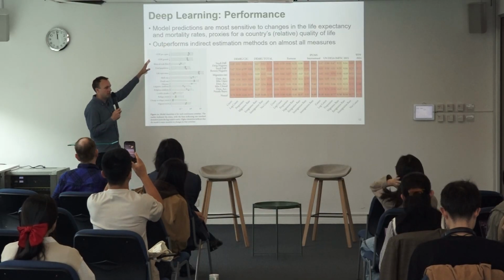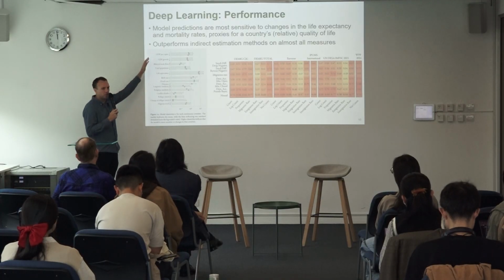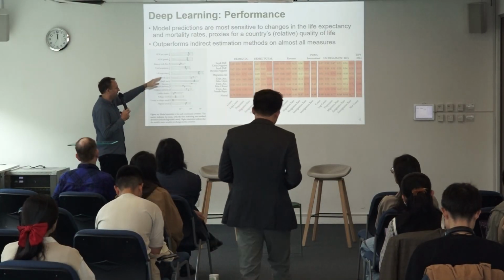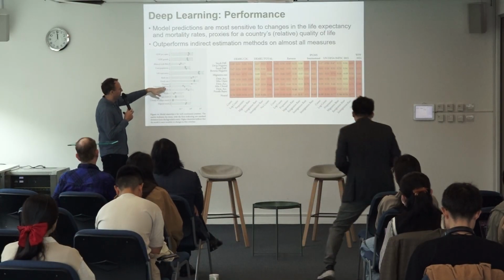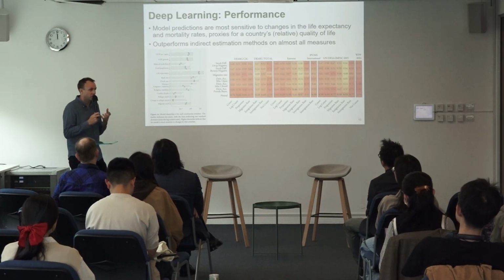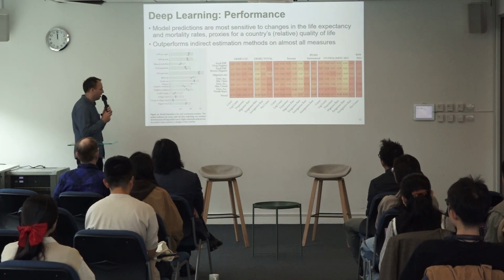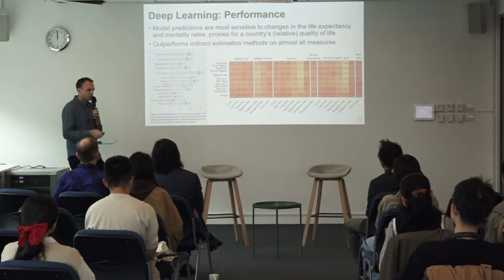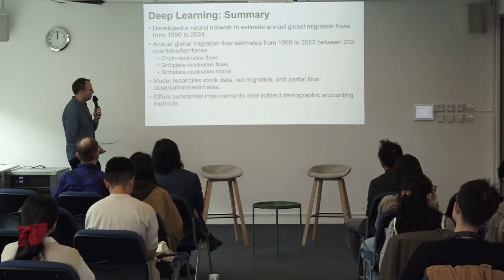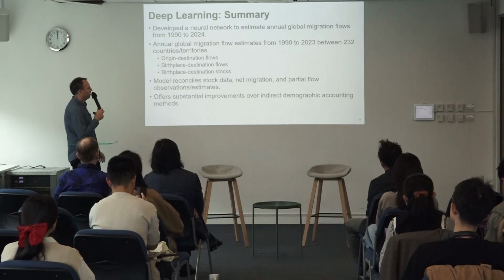We're also able to see in the neural network how sensitive it is to the different input measures, the covariates that we're using. So we can simulate from them. And we see life expectancy coming up here. These development measures, like GDP, are having a big impact; we're very sensitive to those in our final flow estimate. Obviously, that makes sense because migration is responsive to these development factors. So just to summarize, we've now got global flow estimates from 1990 to 2014